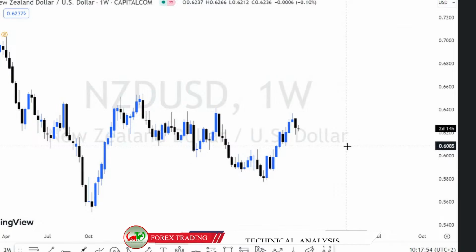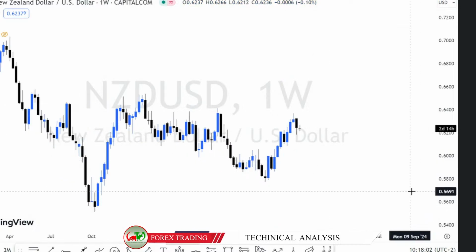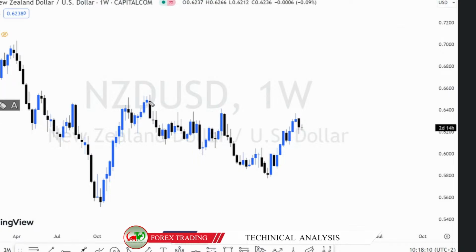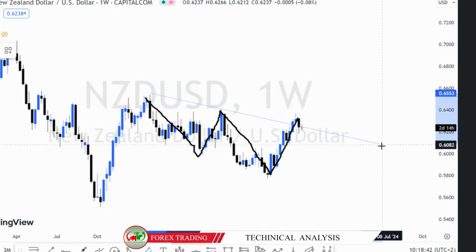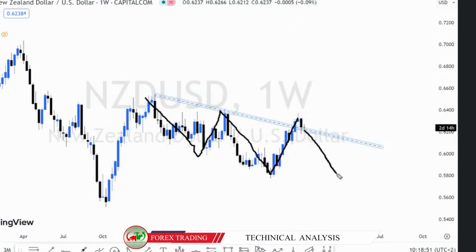Okay, the next pair on our watch list for 2024, of course, among the top 10 currency pairs is New Zealand USD. I'm waiting to see the area of value unfold, but you see that 2023 also was a bearish year for New Zealand USD, even though it was not a strong downtrend, but it was in a downtrend, and you see that it managed to make a pullback for the last quarter of 2023, especially from November up to the end of the year, and you can clearly see that New Zealand USD is still a downtrend,